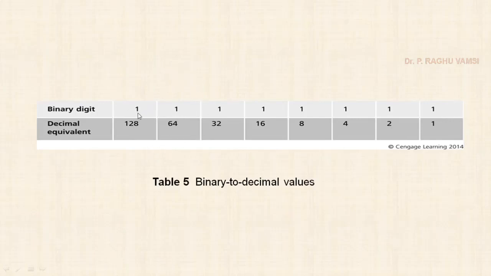That means if the first bit is 1 and the remaining bits are 0, then the corresponding value is 128. If the first two bits are 1 and the remaining bits are 0, then it is 128 plus 64, so what could it be? 192. Like that, if all bits are 1, then it is equal to 255. So like that, we are going to represent. Based upon this number of zeros and ones, the subnet mask will be decided.